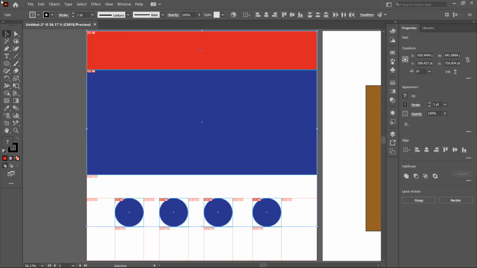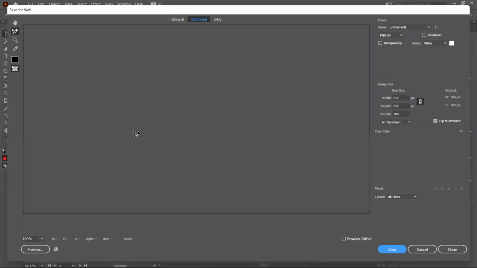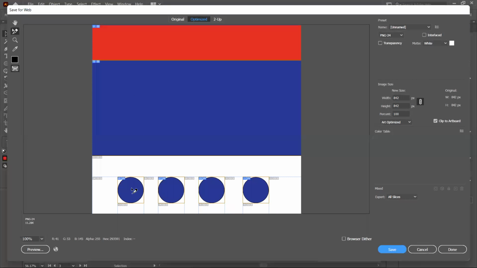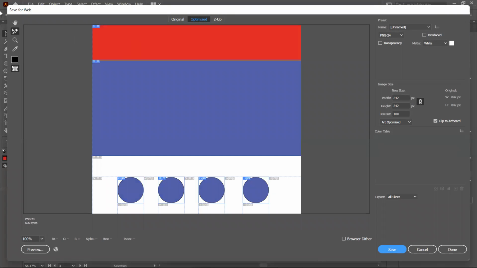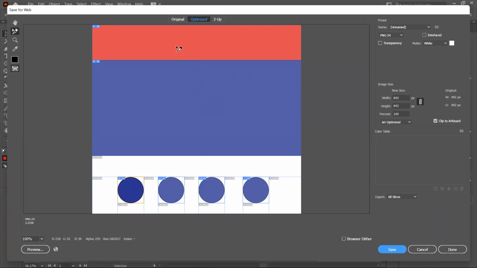So saving this here, I can go to my file menu, go to export, and then here I'll go with export for web, that's legacy. So I'll go with this in here. This, it takes me here. So with this here, the slice selection, so I can select my slices here. And then as I said, this for web, you can make it in such a way that